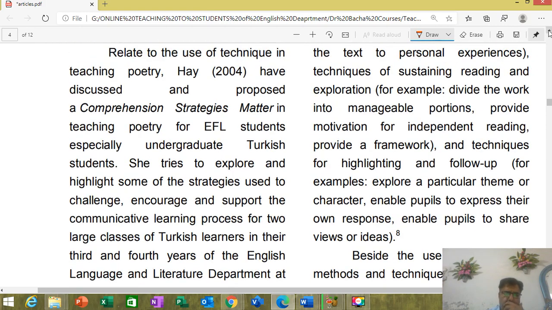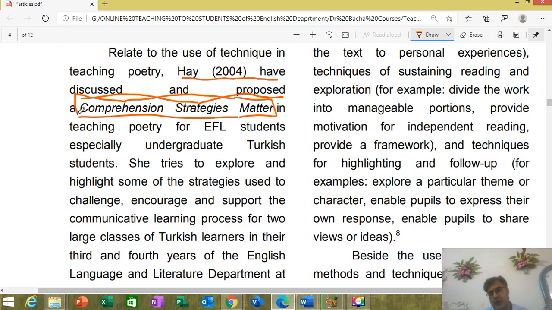My dear students, here we relate to the use of techniques in teaching poetry. Here, we are talking only about poetry at this moment. Comprehension strategies have been discussed and proposed. All right. So she talked about comprehension strategies in teaching poetry for EFL students, especially